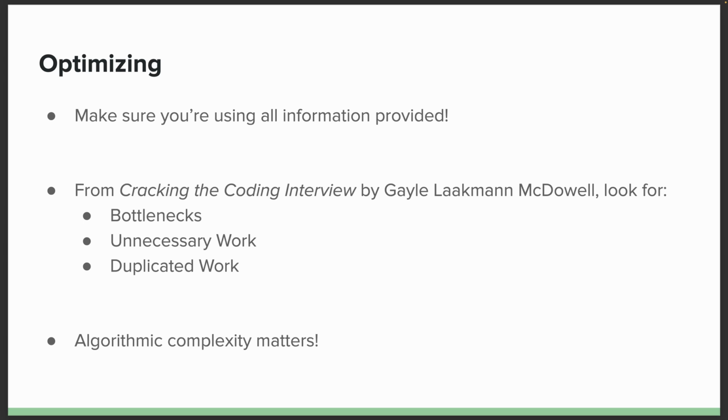And unnecessary and duplicated work are pretty self-explanatory. If we've already found the thing that we're looking for, we can just return from the search now. We don't need to continue to search because we already found it. And duplicated work is the kind of thing where we seem to have sorted this multiple times before we search it. Well, what if we could just do that once? And here, when we're talking about optimization, the kind of optimization that we want to do is the algorithmic complexity kind of stuff. We would like to improve the way in which the program executes based on the number of input elements.